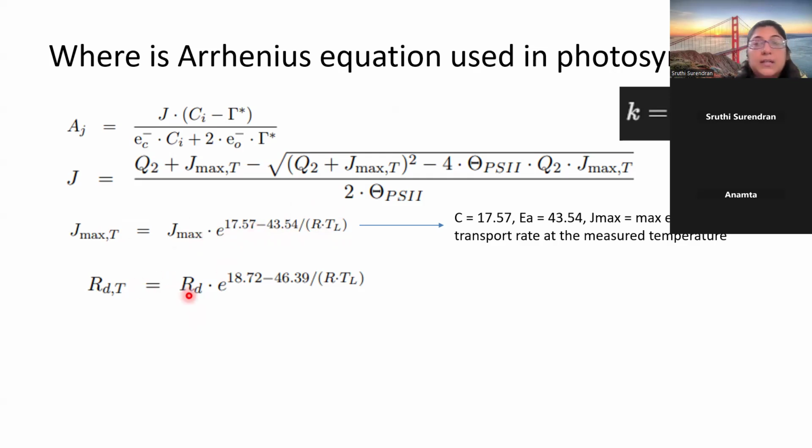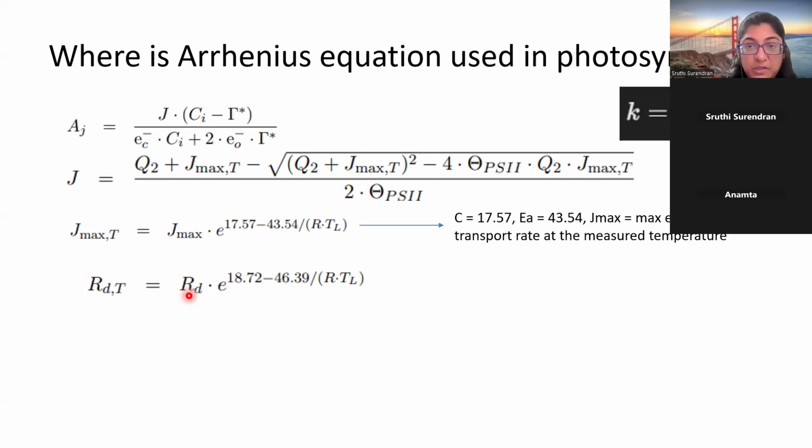So if you look at it, all these values, the dark respiration, the RuBP regeneration limited photosynthetic rate, the Rubisco carboxylation rate, all of these are dependent on temperature because they are all enzyme-driven reactions. So this is how we relate the enzymatic reactions in photosynthesis, particularly the Rubisco and RuBP regeneration phase equations, with temperature